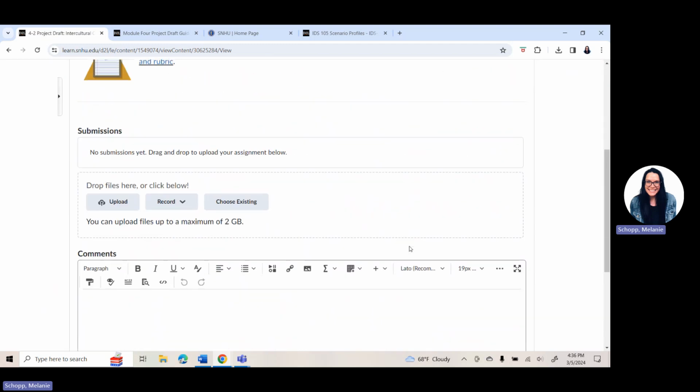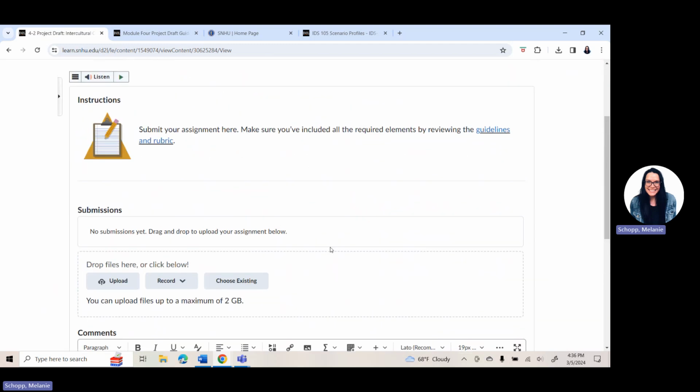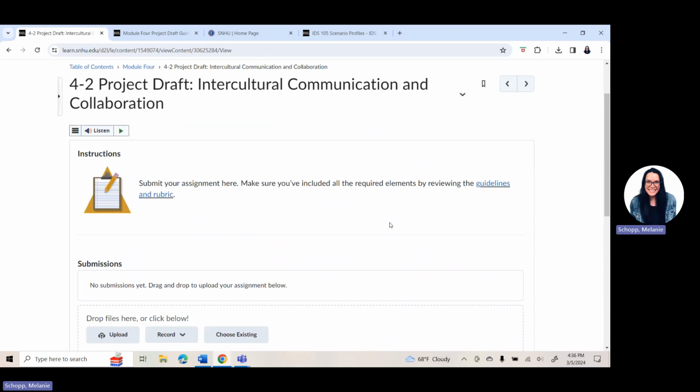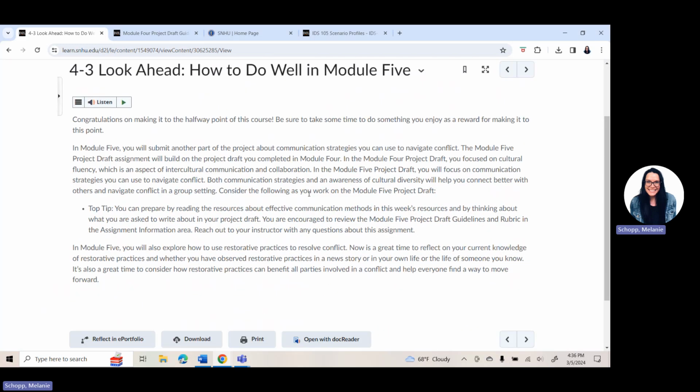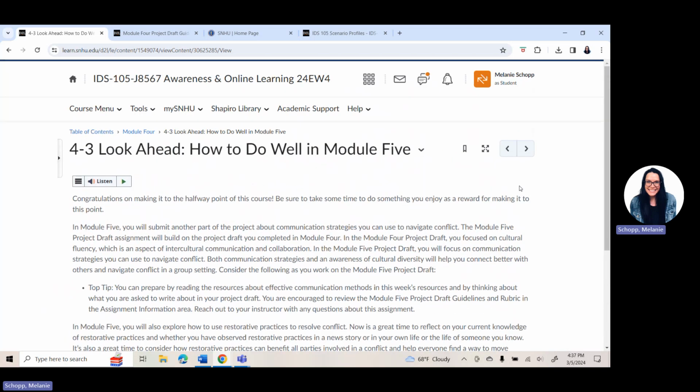Once you have your document completed, you can just click on upload and you'll be able to submit your assignment to your instructor for grading. Remember, the project draft is due on Sunday. Initial discussion post is due Thursday with peer responses on Sunday.